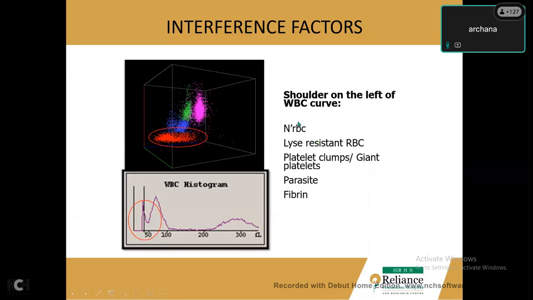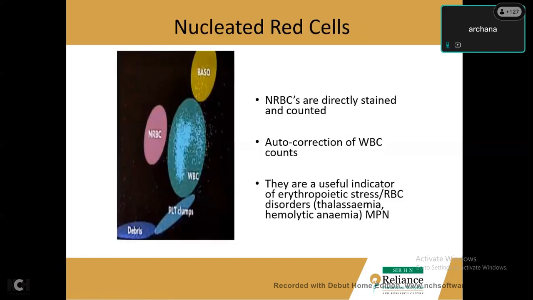resistant cells? What are they? They're nucleated red cells, lyse resistant RBCs, platelet clumps, parasites, and fibrins. So all these can cause an interference and, let's say, interfere with your WBC count and differentials. Having said that, now analyzers have a separate nucleated red cell counting,